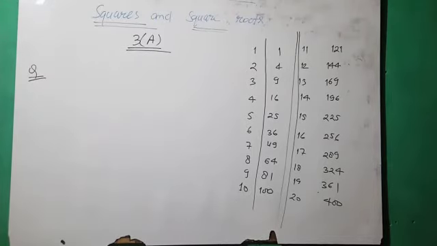Question number 2, very simple question. You have to just find out whether the ones place digit is even or odd. First part, 9 times 9 is 81, so odd. We have discussed that the square of an even number is even and of an odd number is odd. Third question: just by looking at the following numbers, give reason why they are not perfect squares.